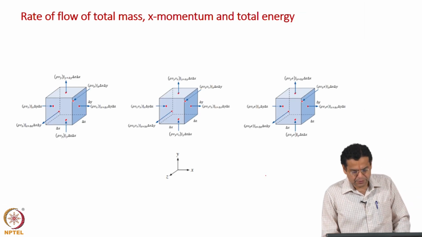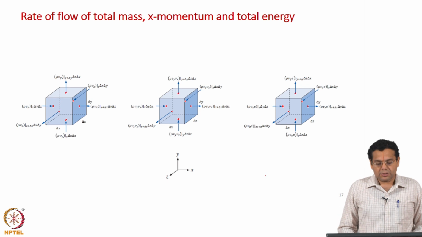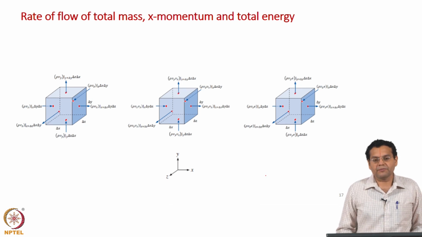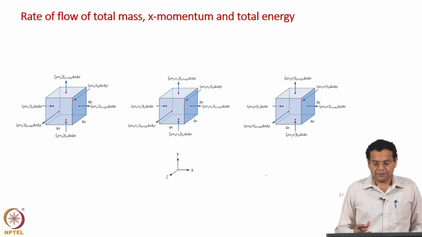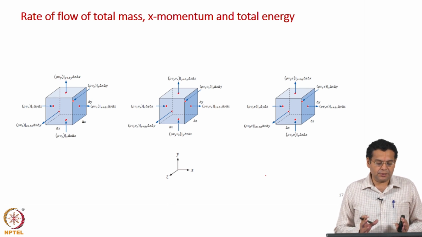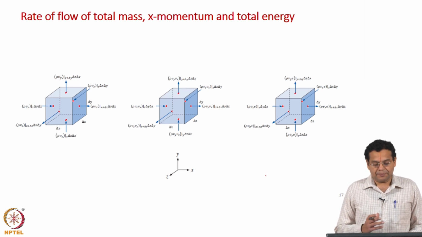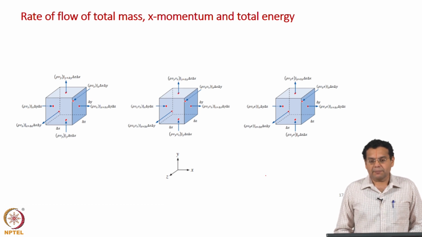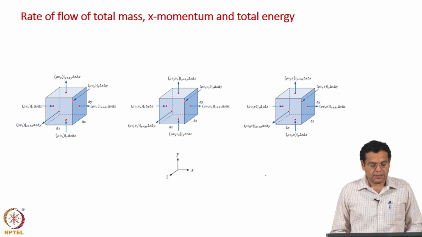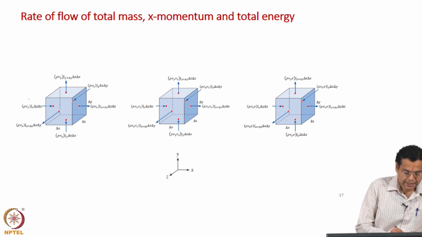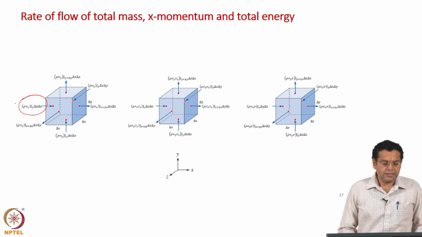Now, I would like to compare this control volume with the control volumes which we discussed earlier while deriving the differential mass balance and differential momentum balance, and those control volumes are shown here. So this slide shows the three control volumes, one which we used while deriving the differential mass balance, the second one, the middle one, shows the control volume used while deriving the momentum balance, and the third one which we have seen just now. Okay. So let us understand them. Let us take this term. What does that represent?